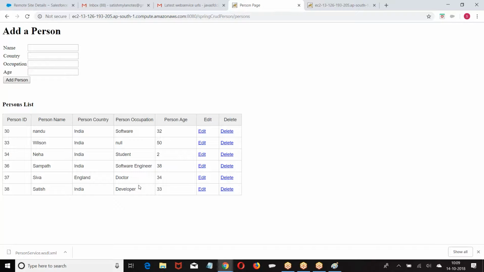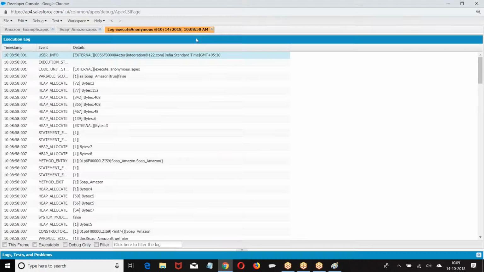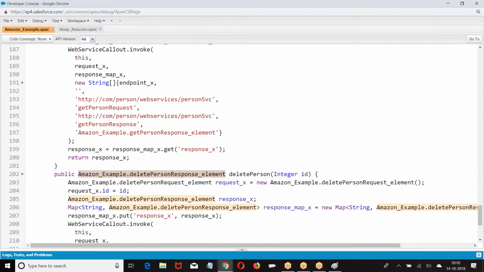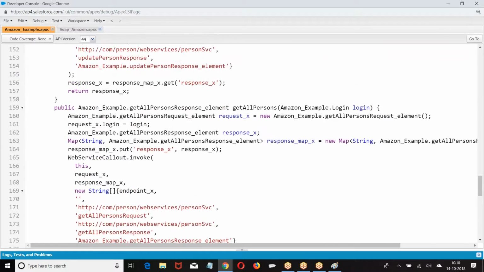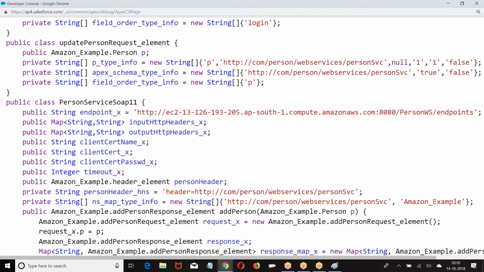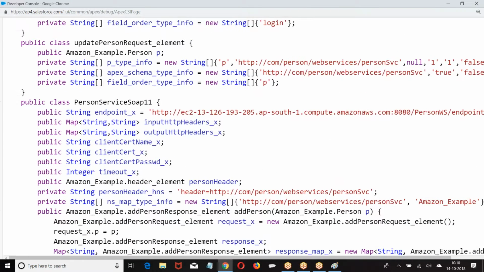So while invoking, they are asking, do you have any authentication process or not? If you have any authentication process, we have to provide that authentication data. Maybe in header, maybe in body. Look at this point. When you're invoking a service, in the URL, we have a get method, right?